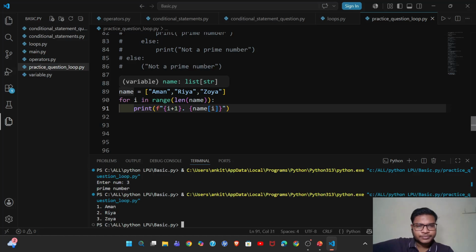So inside the list we have three names: Aman, Ria and Joya. So we have to create a for loop. For i in range, ranging from length of name. So length of name is 3. So print f this one, and